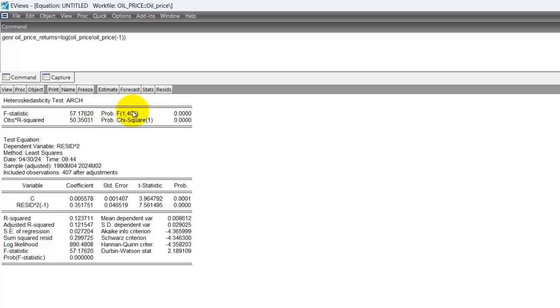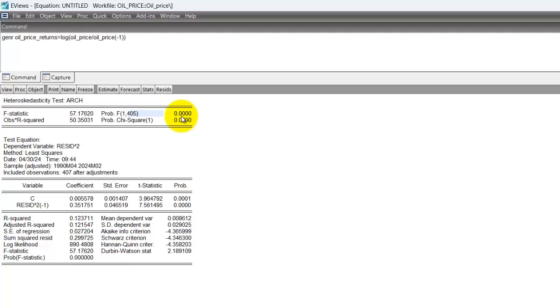If you look at it very well, you will see that the probability value of the F statistic is significant, which is less than 5%. So with this, we can reject the null hypothesis and conclude that there is ARCH effect in the data. So this particular test has shown us that we can make use of the ARCH-GARCH family model to generate volatility series. So the next thing now is to do